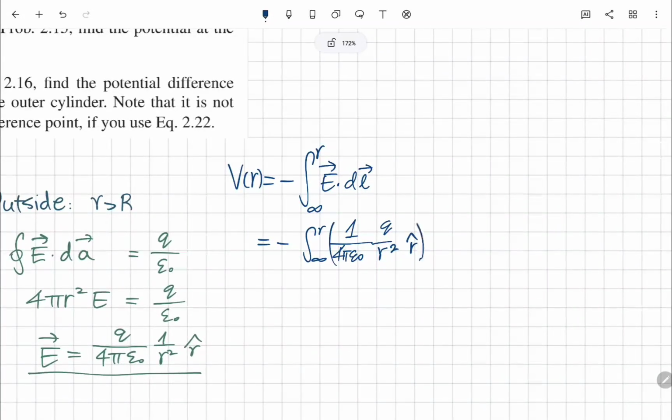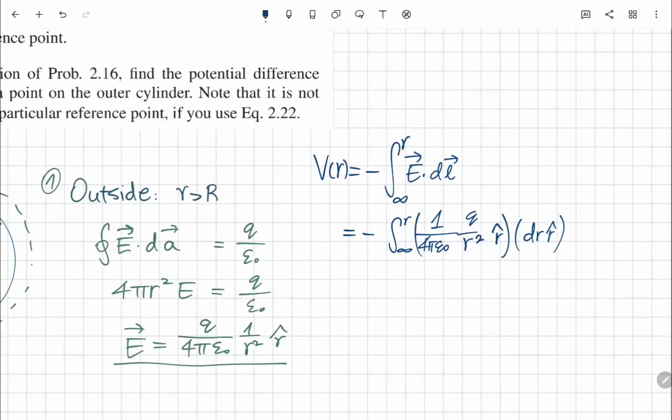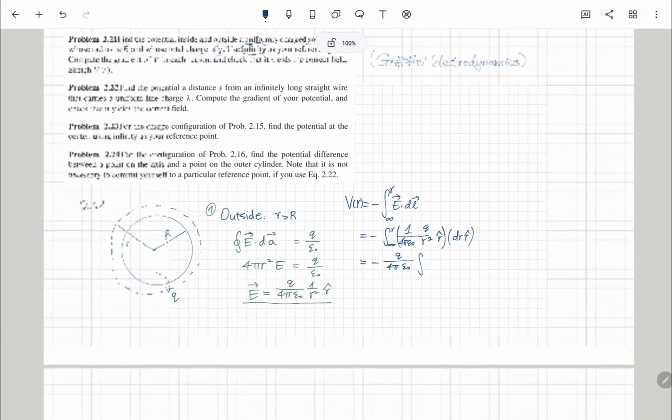Unit vector r times dr unit vector r, and this gives us minus, we're taking out a constant, Q over 4 pi epsilon naught, the integral of 1 over r squared